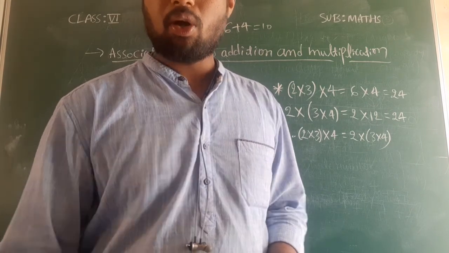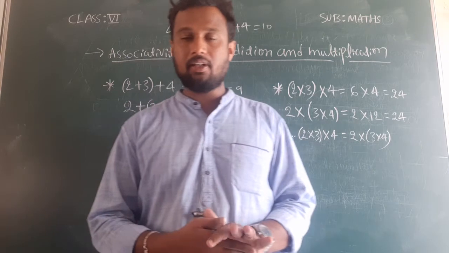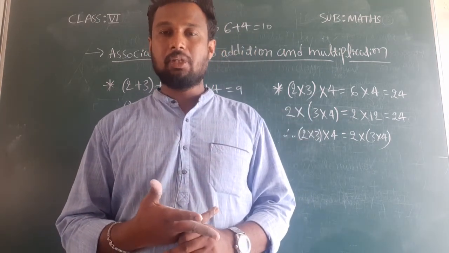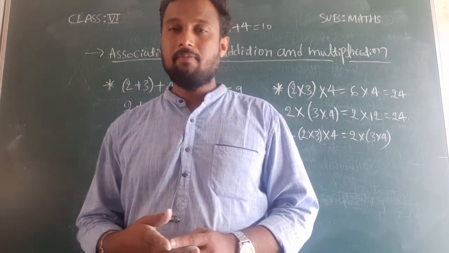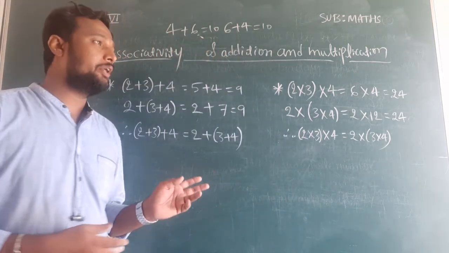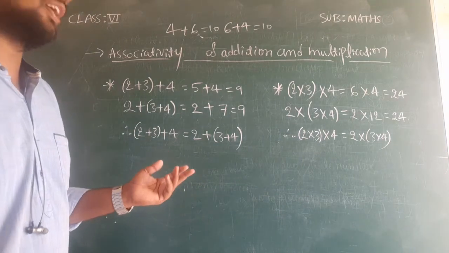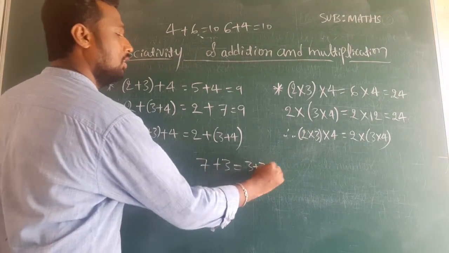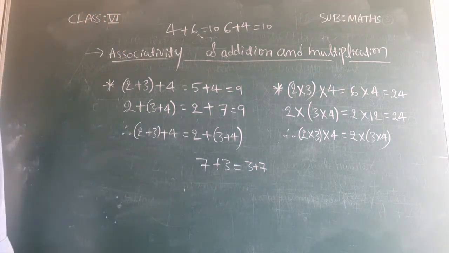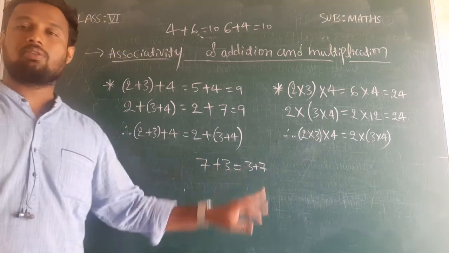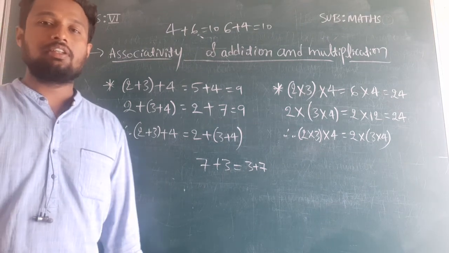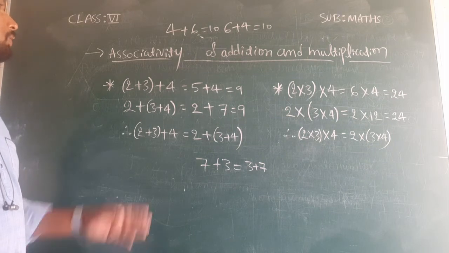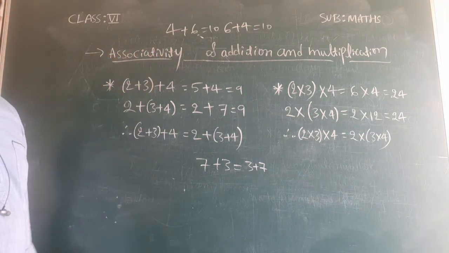So this is about properties. Which are the properties you learnt now? In the previous class we learnt about the closure property, that is applicable for addition and multiplication, and today you learnt commutativity, means if you interchange values, 7 plus 3 is equal to 3 plus 7, you can consider any other values, you will get the same answer. 7 plus 3 is equal to 3 plus 7. If you interchange these values, you will get the same answer. Therefore this is the commutativity property and this is the associative property.